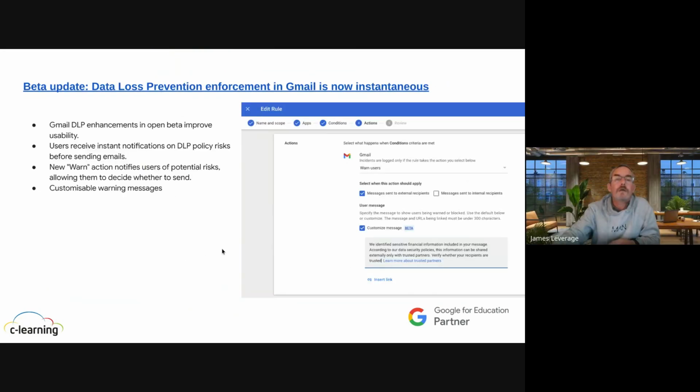Okay, so anyone who's doing DLP rules, data loss prevention rules, within your Google admin console, very, very useful. It used to be that you could only do it for Google Drive sharing and for Google Chat. You can now do it for Gmail, and this is now in beta. So it's now instantaneous. So what you can do within Gmail, if you set a rule, so you set up the conditions for the rule